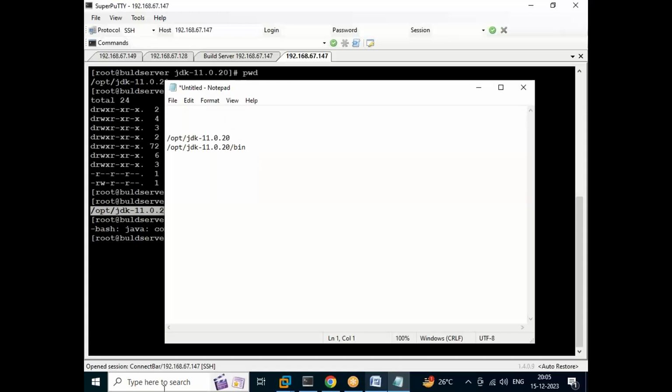One is the Java home path, so we need to add JAVA_HOME. This is the home path. Now we need to say where it's located. Take this one. JAVA_HOME equals